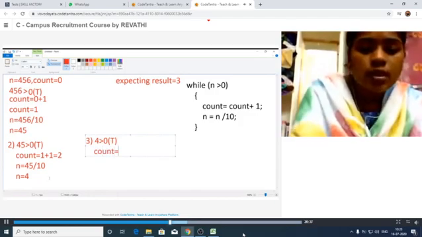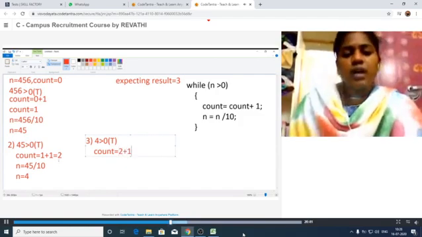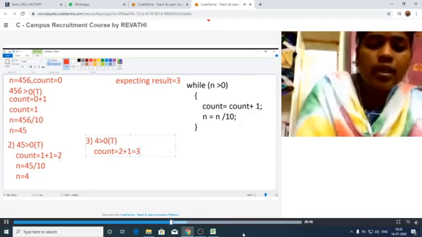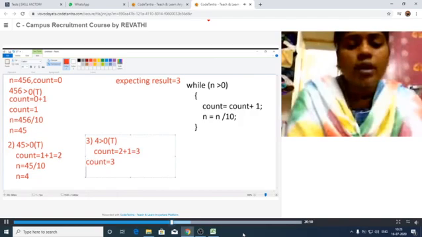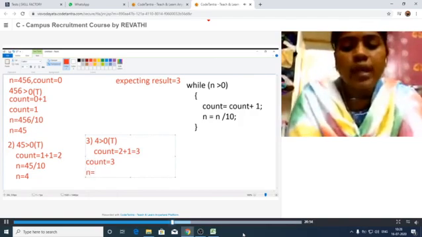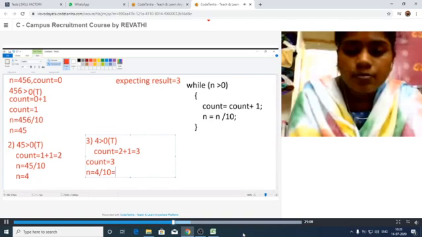Previously our count value was 2, that means 2 plus 1, that implies 3. Okay, now our count is equal to 3. Next, divide the n value. N is equal to n by 10. The n value is 4, so 4 by 10 is equal to 0.